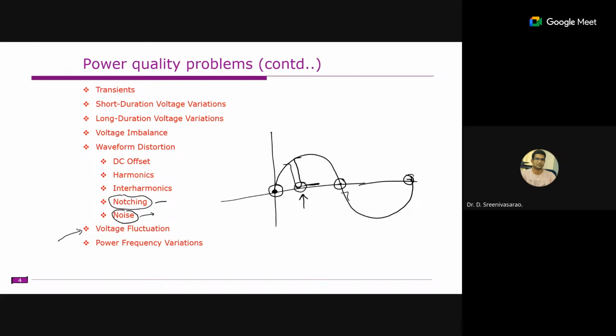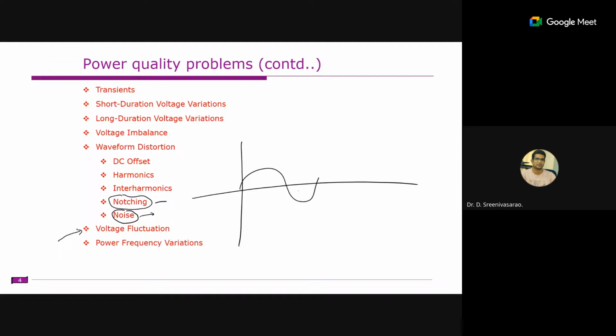The next one is voltage fluctuations. Voltage fluctuations look something like this. If you have arc furnace loads, the voltage fluctuations will be like this, meaning a continuous deviation in the magnitudes. This is also known as voltage flicker. Due to this flicker, we can perceive some disturbances, especially when it is attached to fan loads or light loads. One of the main sources of this voltage flicker is arc furnace loads.